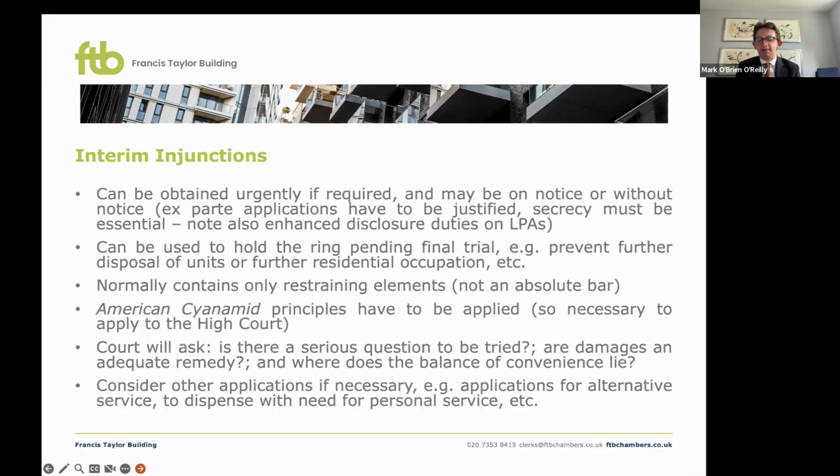The third limb of the American Cyanamid test is, where does the balance of convenience lie? What this requires the court to do is weigh up the pros and the cons of granting an interim injunction to decide where the balance of convenience lies, i.e. in favour of granting an injunction or not. It's important to note as well that where an interim injunction is granted without notice, there will generally be a return date hearing listed for 7 to 10 days or perhaps 2 weeks after the first hearing, at which the defendants will be able to come on notice,